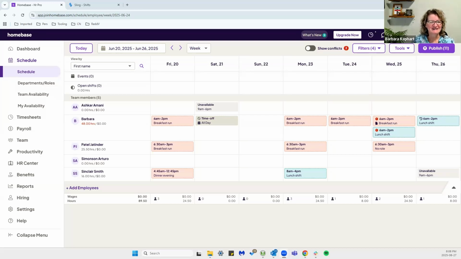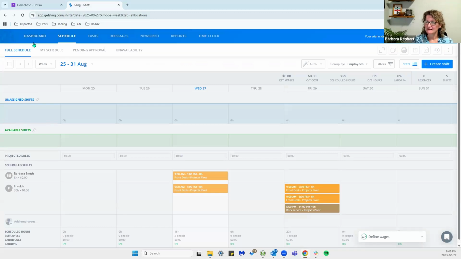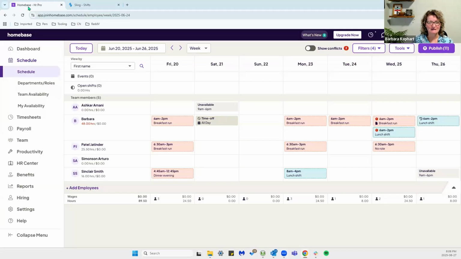Everyone, Barbara here. Today we are comparing some employee management tools, one of which is Homebase and the other is Sling. So we're going to start with Homebase, and to start with we're going to focus on how to create